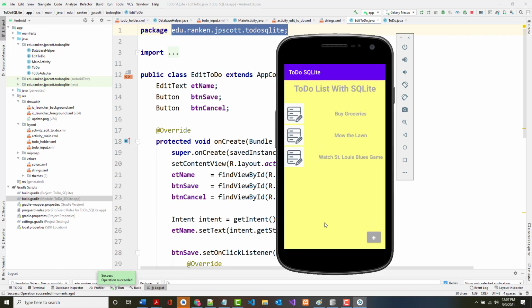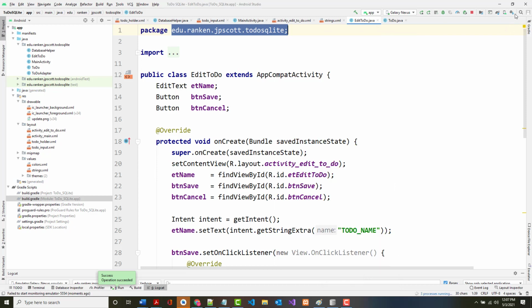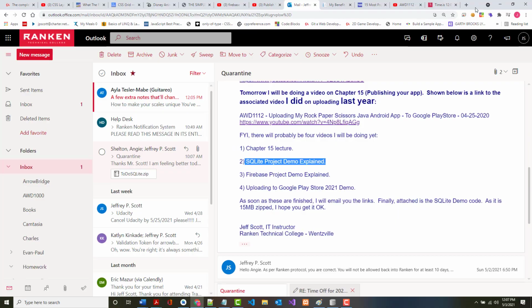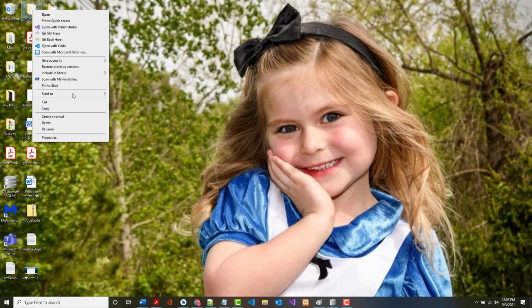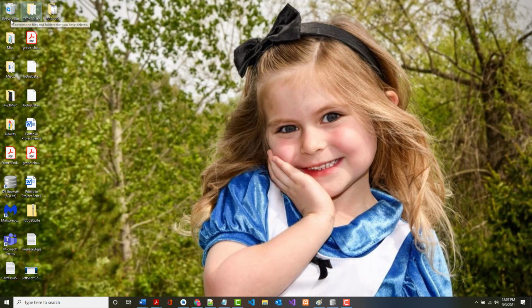All right. And like I said, I've sent it to her already. It was zipped. It was about 15 megs. So I'm hoping it got to her okay. She didn't give me an error, say anything. So I take it for granted that it did. And I'll tell you what, I'll just give you the one that's not even zipped. I don't think it really matters. So I'm going to copy this. It's just called To Do SQLite.